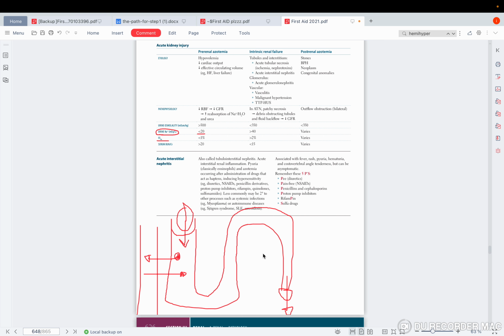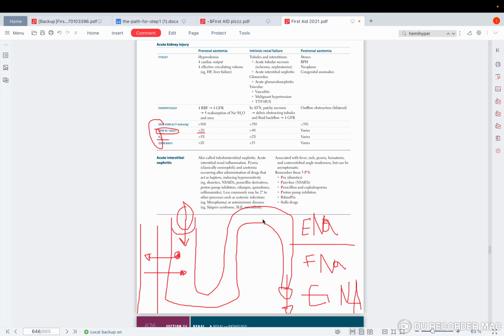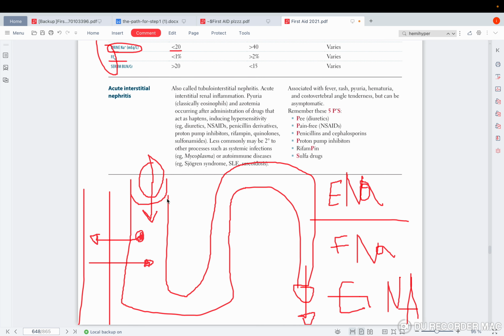Excretion. Excellent. So when I'm telling you the fractional excretion of sodium, it means how much sodium was excreted compared to how much sodium was filtered. So if you compare the sodium excreted to the sodium being filtered, you get the fractional excretion of sodium. You're like, okay, so is this less than 1%, more than 2%? What does it mean? Well, guys, in case of a pre-renal